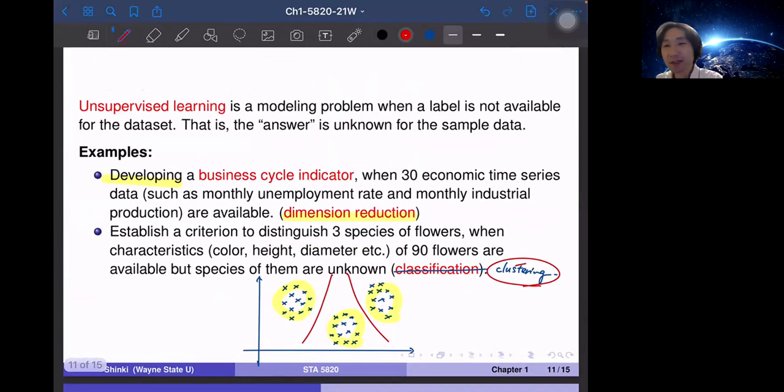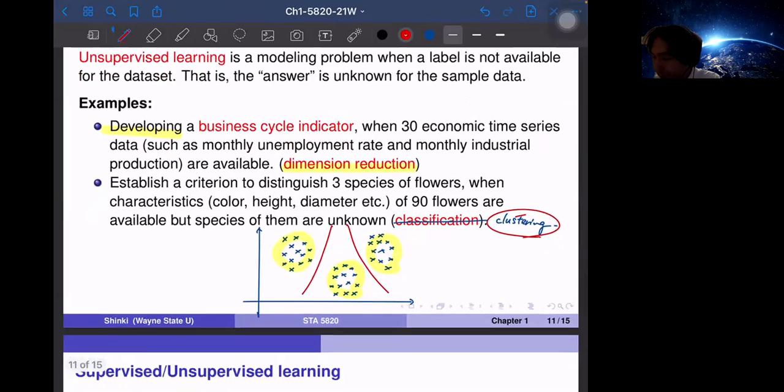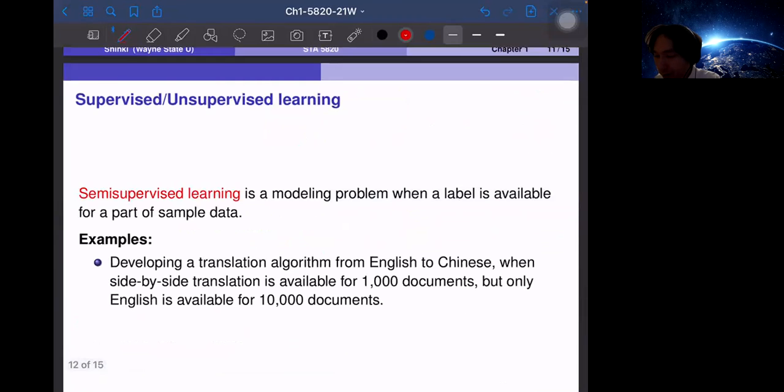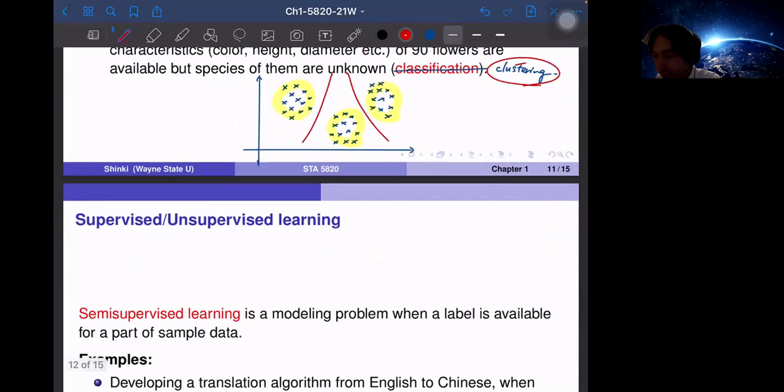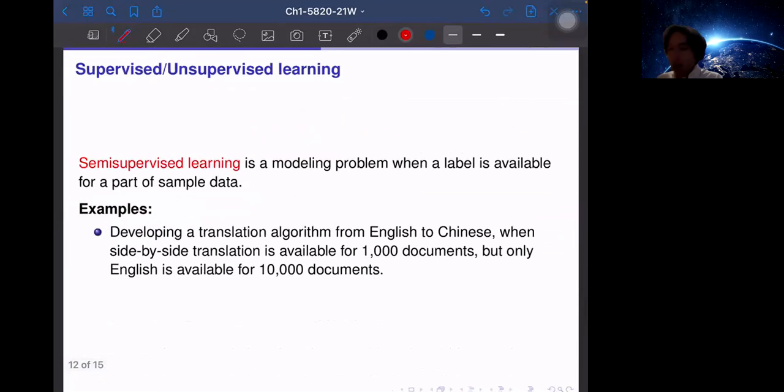Do you have any questions so far? Obviously, unsupervised learning is more difficult because we don't have a supervisor, or we don't have labels, I would say. And also, some data sets are for semi-supervised learning. This is partially supervised.